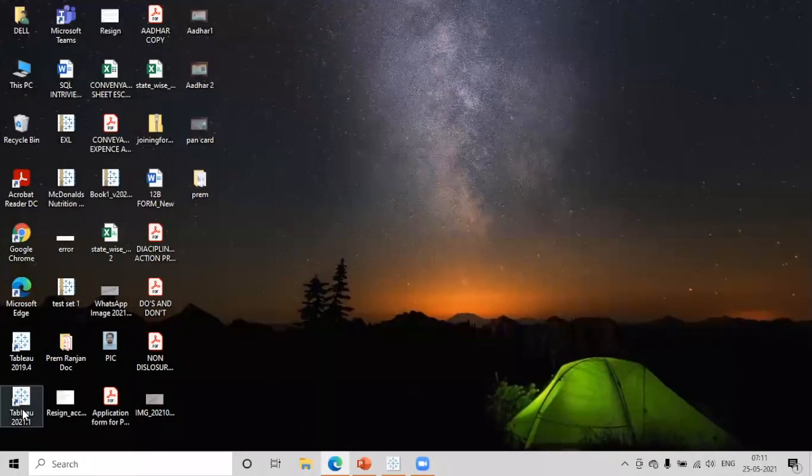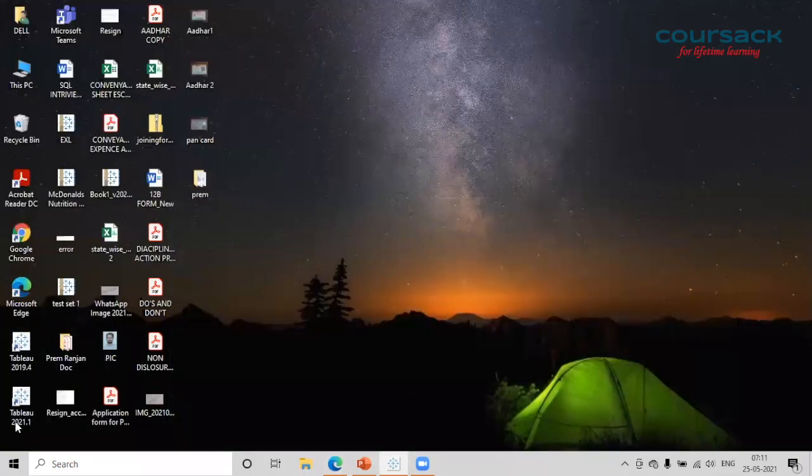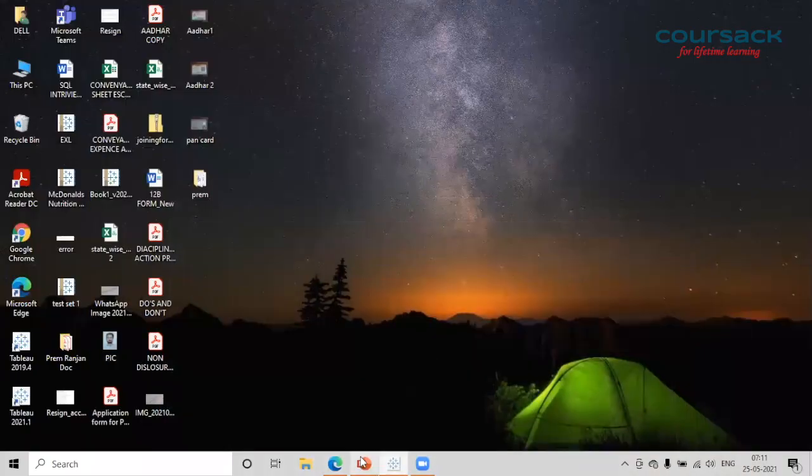You need a tool like this installed in your system. The latest version of Tableau that we have is 21.1.2. This is the particular tool. Once you open it, you'll get this notification. This is your left pane, this is your open pane, this is the discover pane. And we'll cover most of the